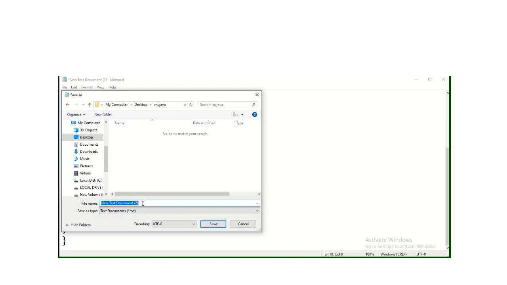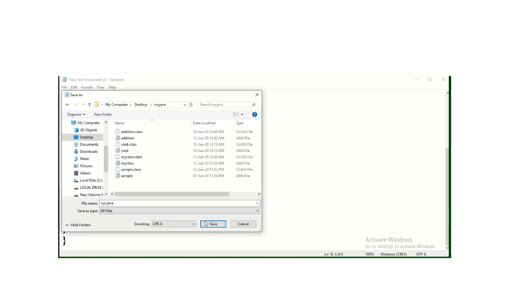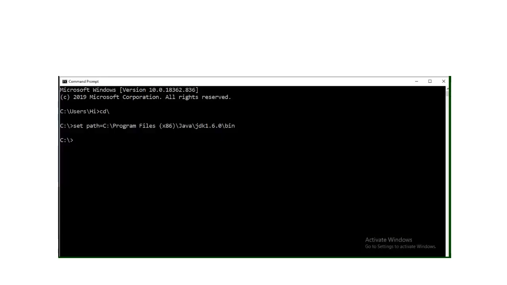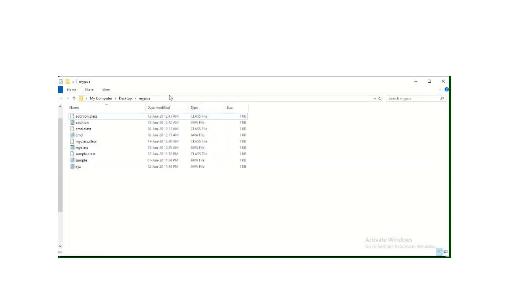Make sure your file name is the same as the class name which contains the main method, dot java file. Save. Now execute this program. Before this, set the path of the folder which contains your file.